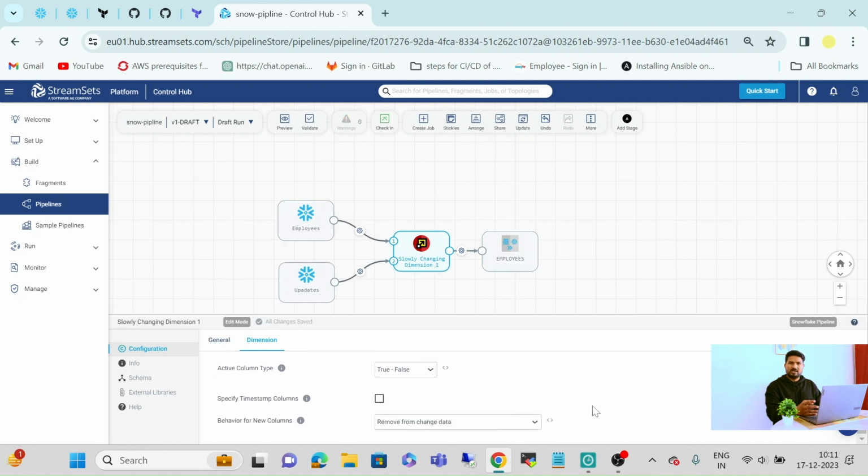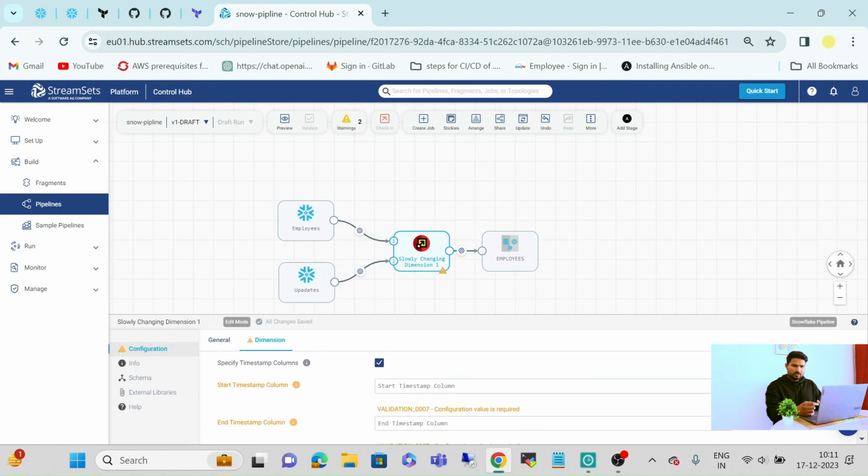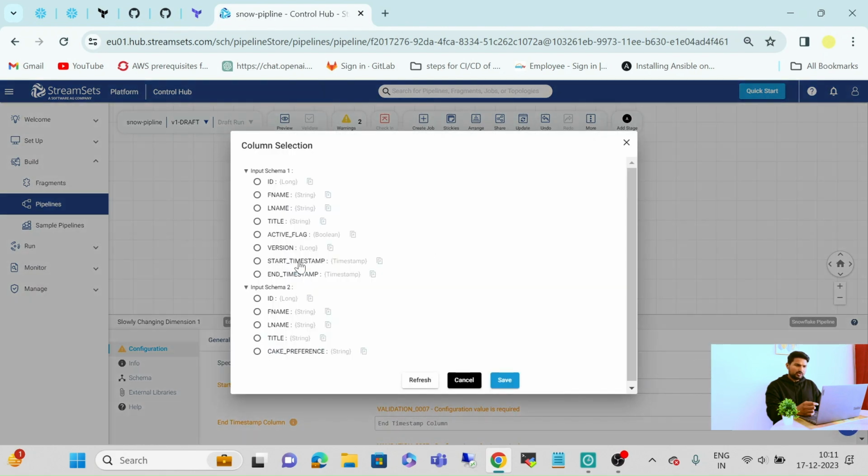These columns we have created in our dimensions tables. Put your active column type as it is, true or false. Specify timestamps. So it will show the timestamp of our data changes.